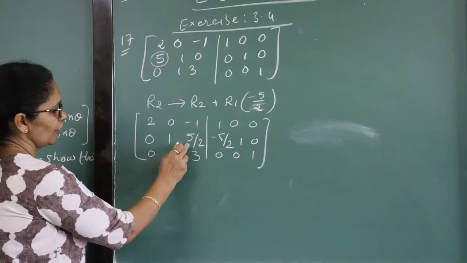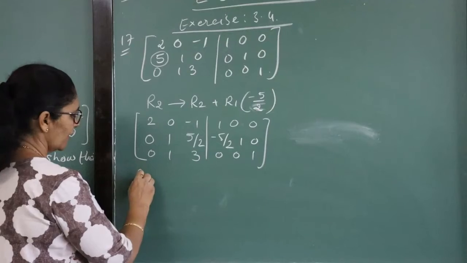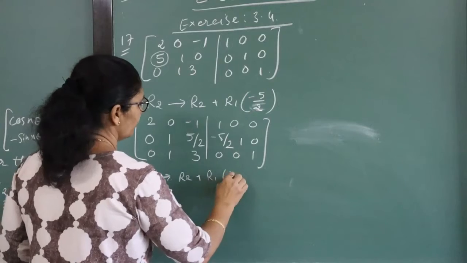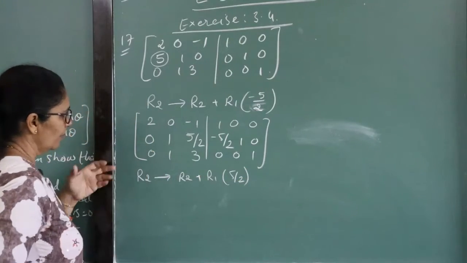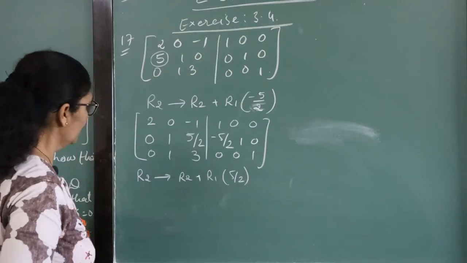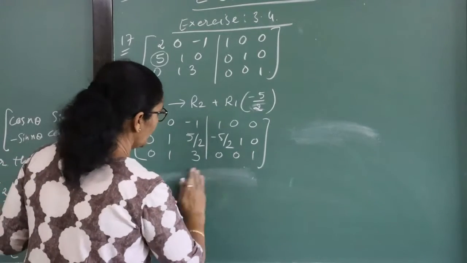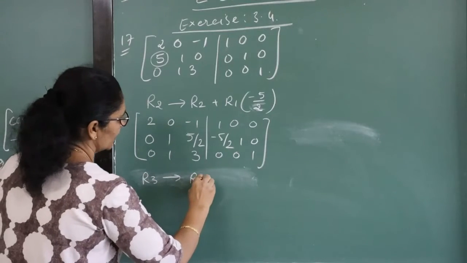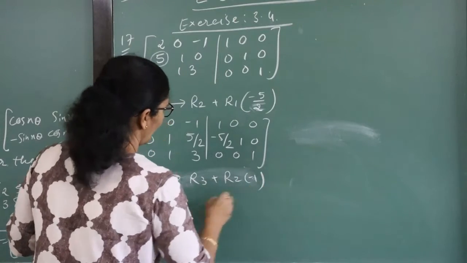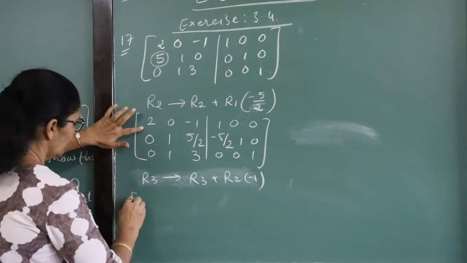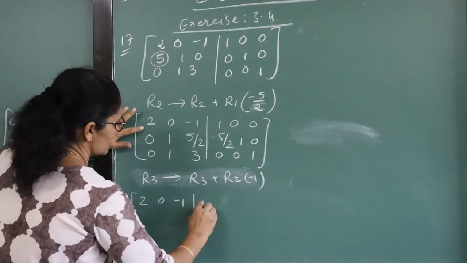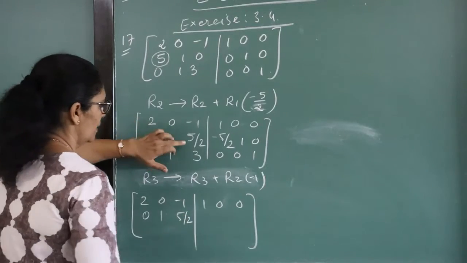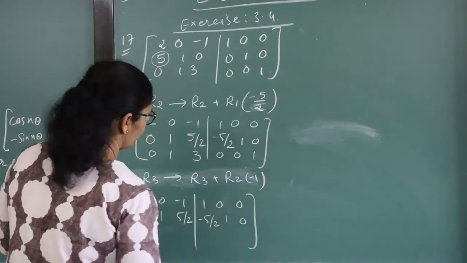Now again let's reduce this term. So how can you reduce it? Again the same thing, first row we will multiply with 5 by 2 and add here. But if we do so, then this term becomes one more term again. So in place of it, first we reduce this. So let's multiply the second row with minus 1 and add in the third. Okay, let's first write the first row as it is. In the second row also, no need to make any change. Now we will proceed to the third.